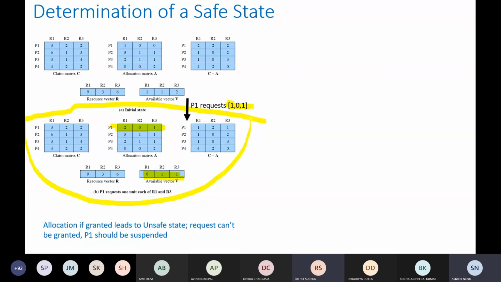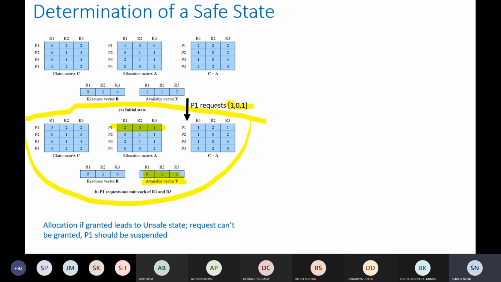It's very easy to check. Will it be safe? No, sir. This is very simple to see. You see, all these processes in R1, how many do they require? The pending request is that they need at least one to complete, right? P1, P2, P3 require at least one resource unit to complete, and P4 in fact requires 4. But in the avail vector, how many units are left with R1 at this moment? 0. So if I commit this request to P1,